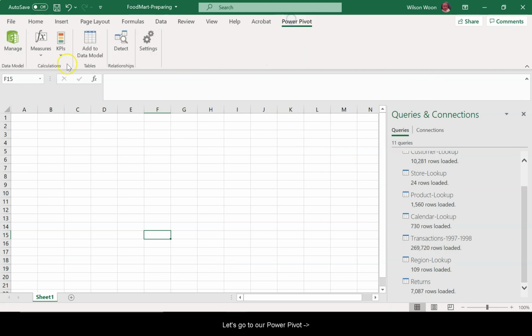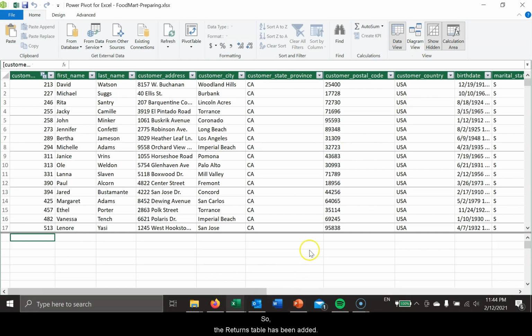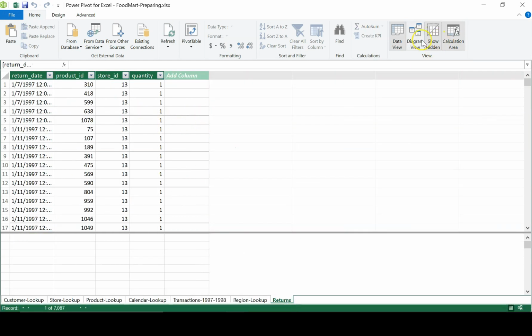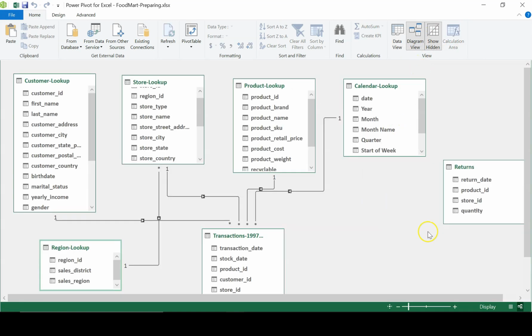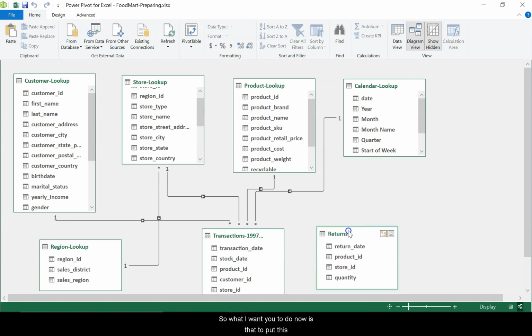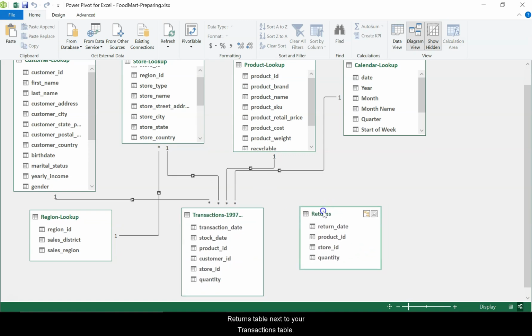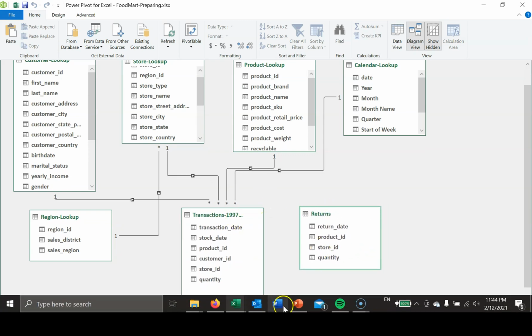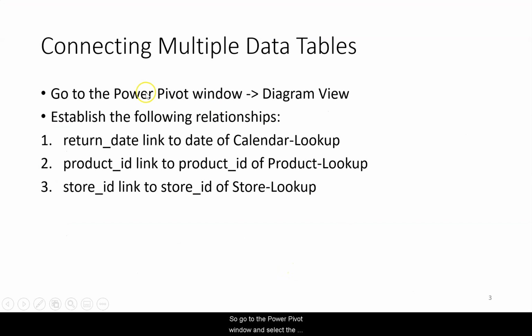Let's go to our Power Pivot, Manage. So the returns table has been added. Let's go to our diagram view to manage the relationships. What I want you to do now is to put this returns table next to your transactions table. So go to the Power Pivot window and select diagram view, which we have just done, and establish the following